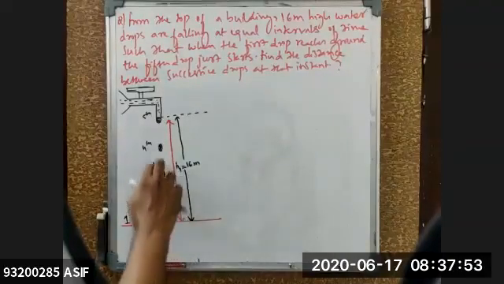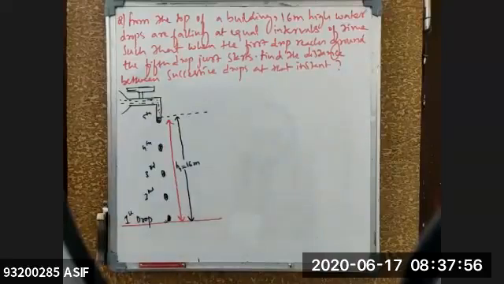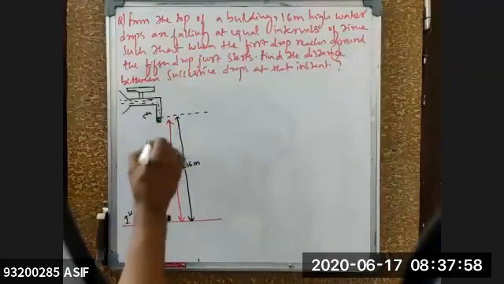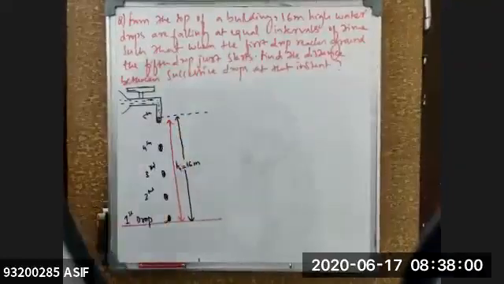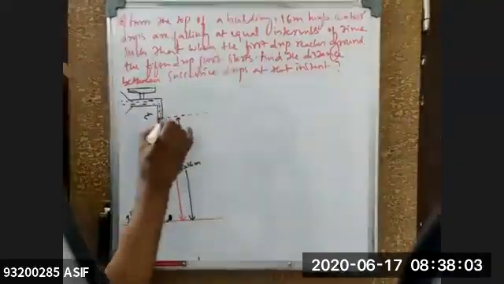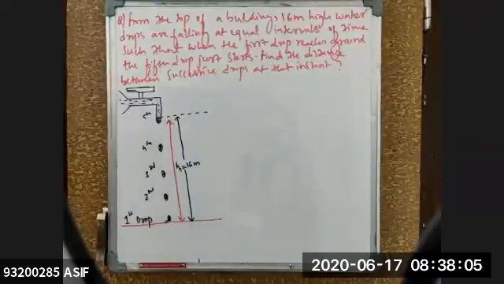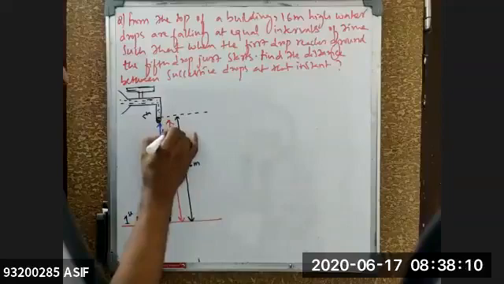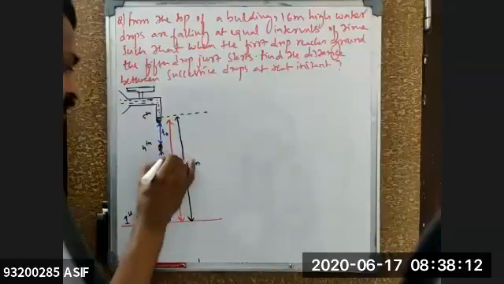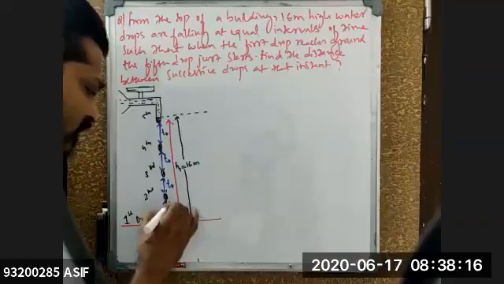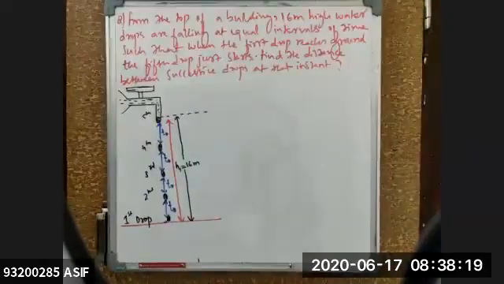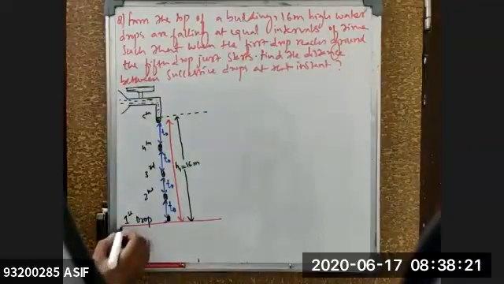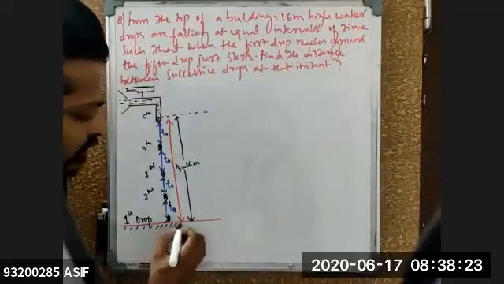So the time taken for the first drop will be equal to how much, beta? If the time interval is the same, from here to here it is, say for example, T naught. From here to here also it will be T naught. Here to here also it will be T naught. And here to here also it will be T naught. That means the time taken by the first drop to reach the ground will be equal to how much, beta? Can anyone tell me? 4T naught. 4 seconds obviously.